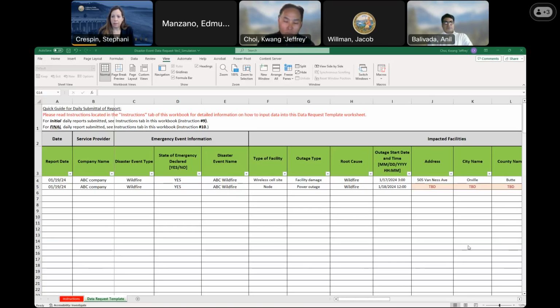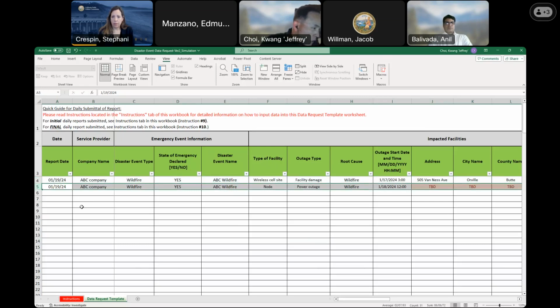And if we send the data request today, you will need to fill in the template starting tomorrow, which is day 1 here. And on day 1, if you have 2 facilities affected by wildfire, you can enter the information like this. Actually, I pasted the sample data here.